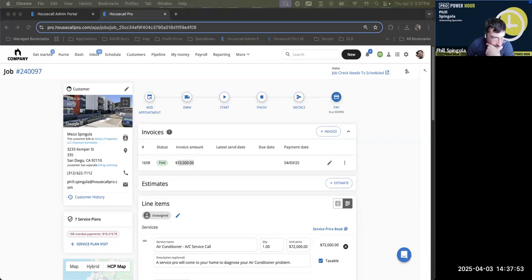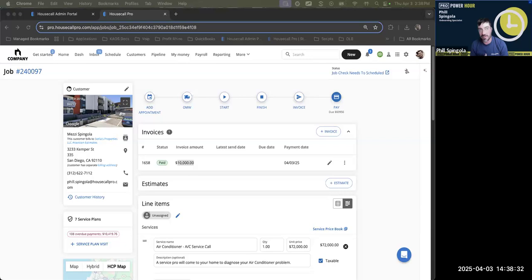Here's another one from Michael. Can someone explain segments? Does the balance carry over from the original job? I never did segments before, but I noticed that when we reschedule an ongoing job, the old one disappeared, making it difficult to see what specific day. And do photos carry over, and do segments affect billing? So a couple of questions in there. Again, I did give a little bit of an explanation of what segments are for. Does the balance carry over? As I mentioned, a segment is going to have its own subtotal. It doesn't take away from what the original balance is.